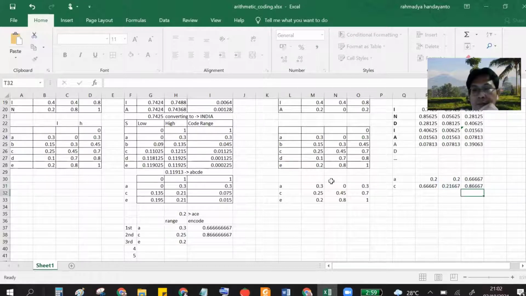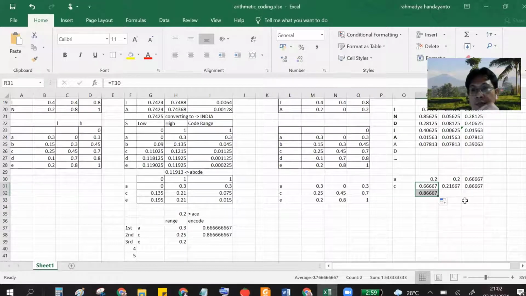Okay, and you have the new number 0.86, and then you see from the table again 0.86 is E. So this is the letter E, and this continues to infinity, but you have to stop here